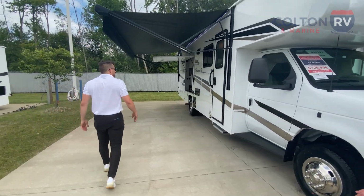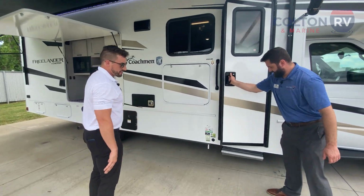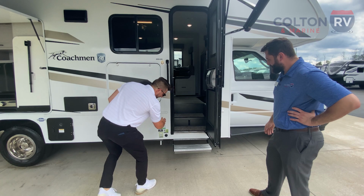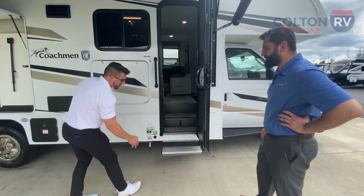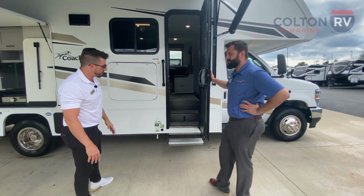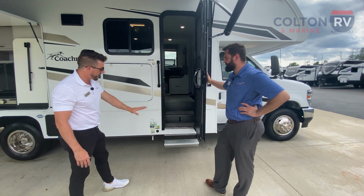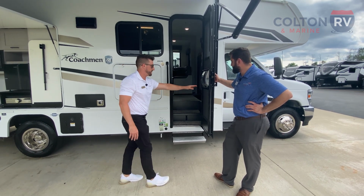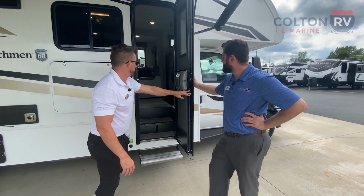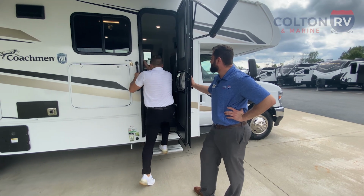So wrapping up on the outside, we can go ahead and take a peek inside. If you notice, this coach has a motorized step, unlike the other coaches that have the step well built lower. With this coach being 50 amp with the bigger generator, we needed to make this a flush floor inside, which you'll find out here in a second. So we did put a powered step on this. You still get the nice screen door for those days that aren't hot and you want to leave the door open and get the breeze. Nice solid entry handle. And on the inside,